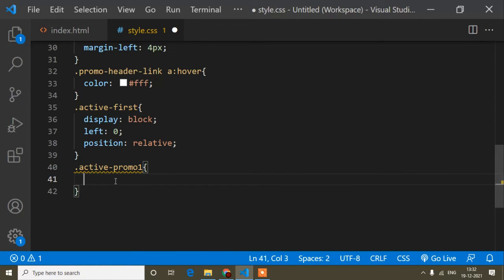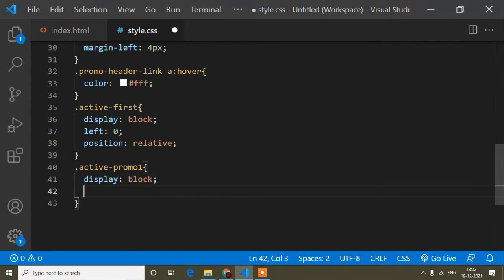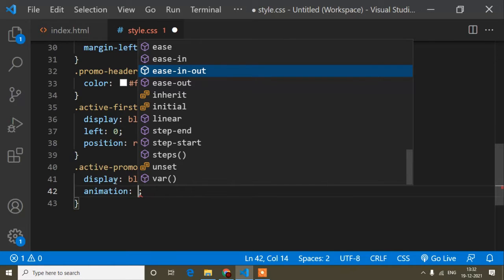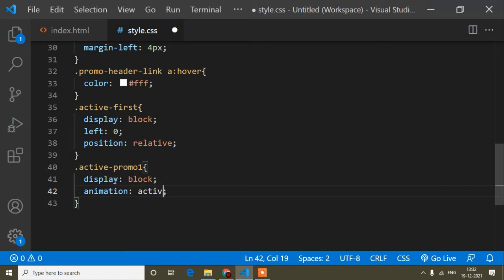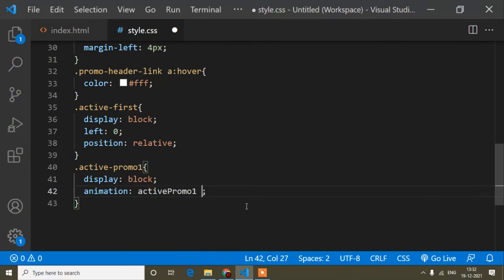So here I will add some CSS, that is display block, and this class I will add dynamically through the JavaScript. And animation: this is the animation name, active promo one. This animation name you can write as per your choice.